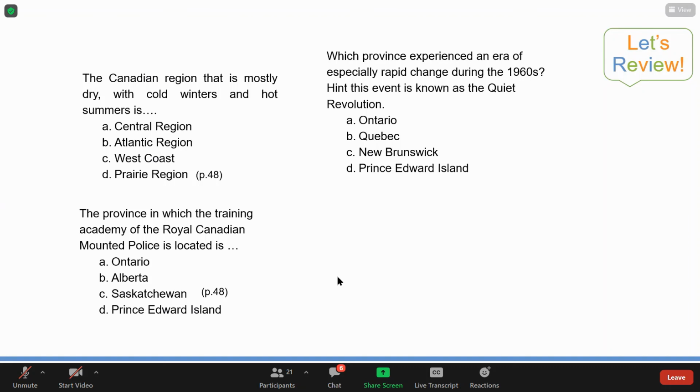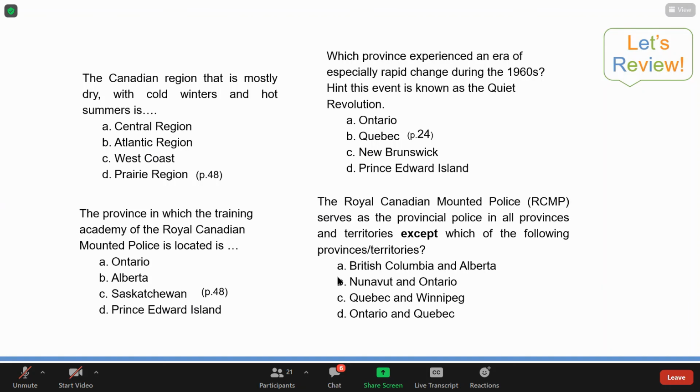Okay, next question. Which province experienced an era of especially rapid change during the 1960s? A hint for you: an event known as the Quiet Revolution. Quebec. Yes, that's correct. Next, the Royal Canadian Mounted Police serve as the provincial police in all provinces and territories except